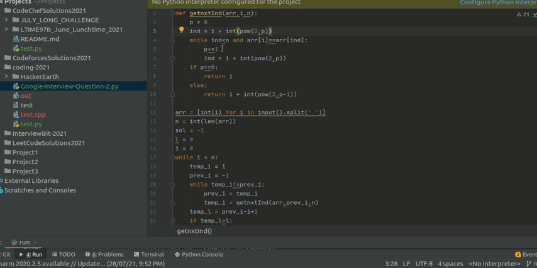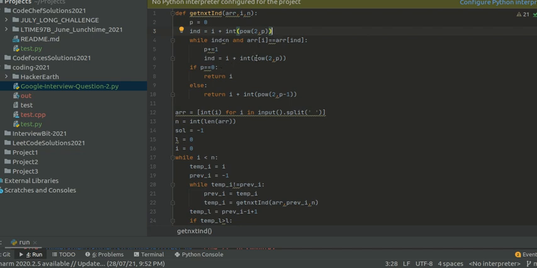Now we'll check whether index is less than n or not. If it is less than n, meaning it's a valid index in the array, then we will check whether they are equal or not. If they are equal, then we will increment p and again recalculate the value of ind, which will become i plus int power 2 comma p. So this is what we will do. We will move one more exponential step ahead.